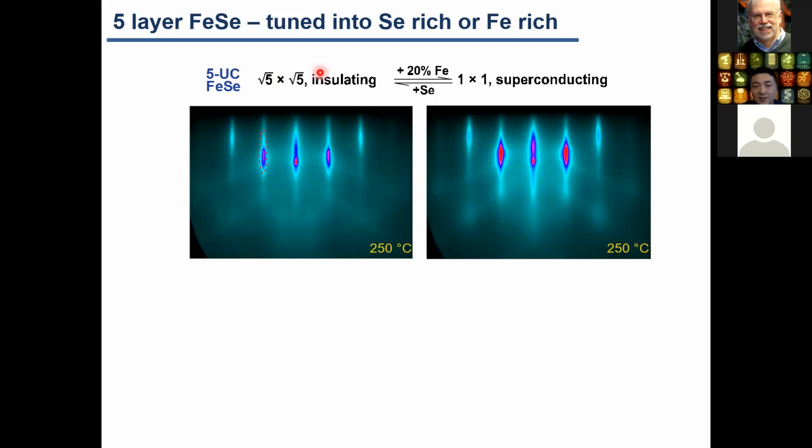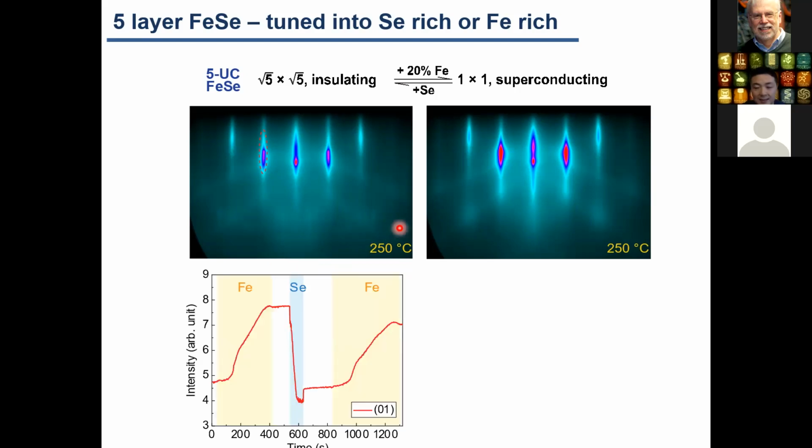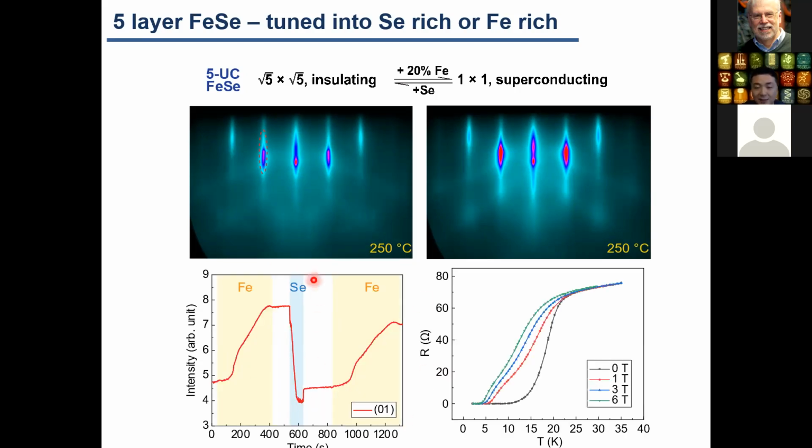and you can see these reconstructions because of the phase with more iron vacancies. And by adding iron, we can change it back to the 1-by-1 phase. And by adding more selenium, we can change it back to the root 5 by root 5 insulating phase. And we can monitor this by RHEED, and we can do this in more cycles than just one cycle, back